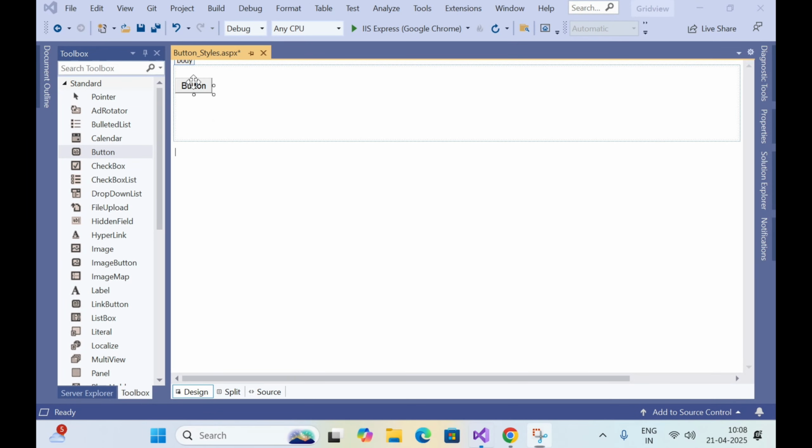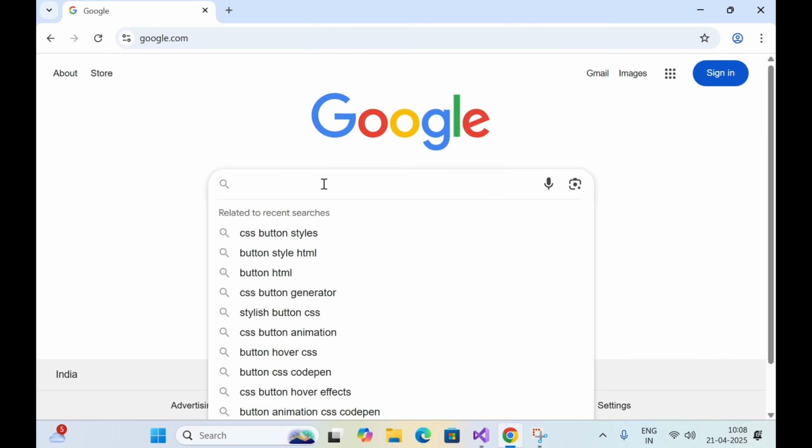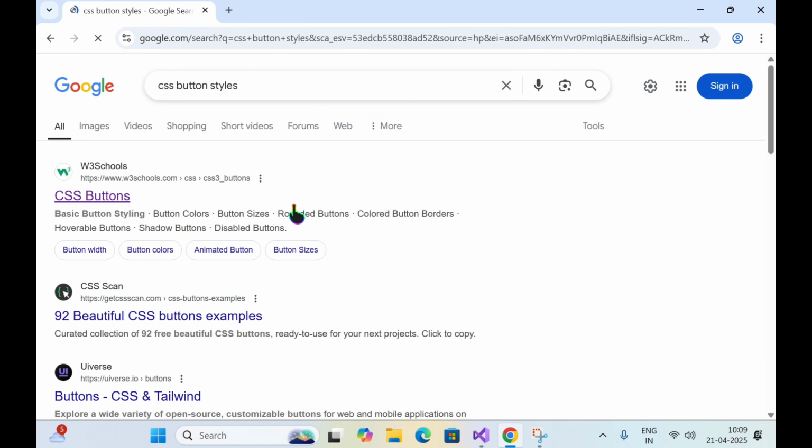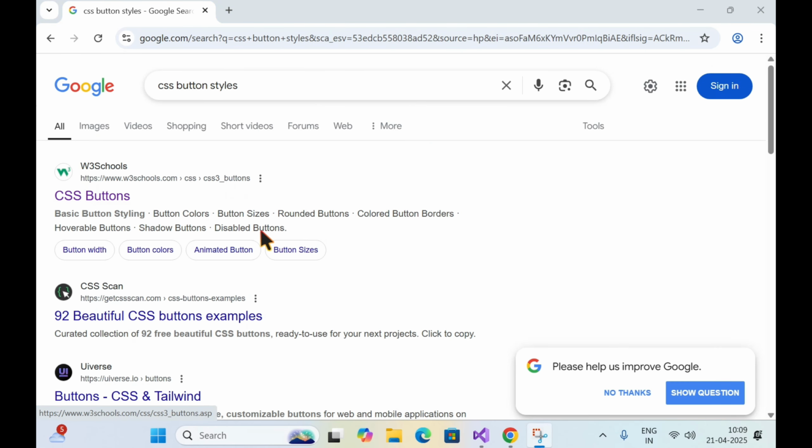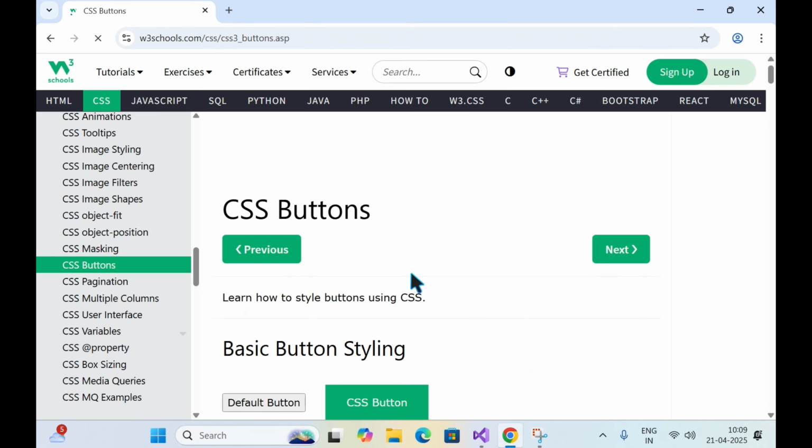In order to change the design of the button, we need to add CSS. So let's try to add CSS. Go to Google and type here "CSS button style" and select the website. There are free as well as paid CSS websites. I will choose the free version, and from this